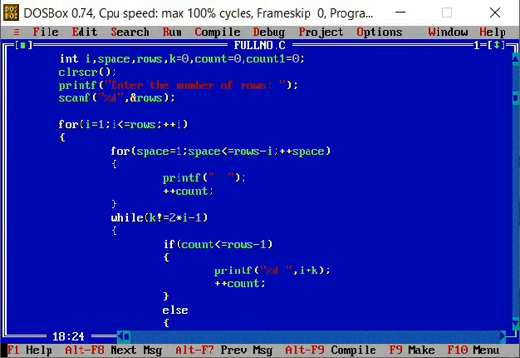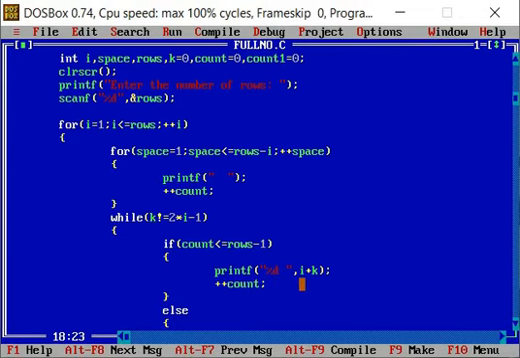K is not equal to 2 multiplied by i minus 1. Initially the k value is 0, and 2 multiplied by 1 is 2, minus 1 is 1. Definitely it is not equal to 0, so it enters the while loop. Count is less than or equal to rows minus 1, that is 1. The count value is 1, equal to 1, so it will enter into the if statement.